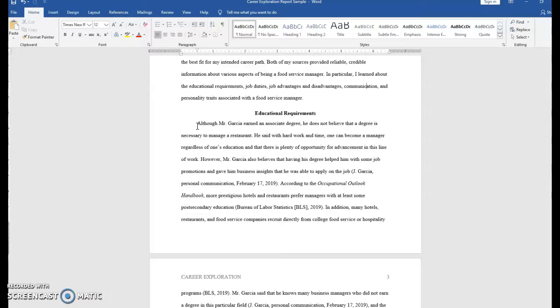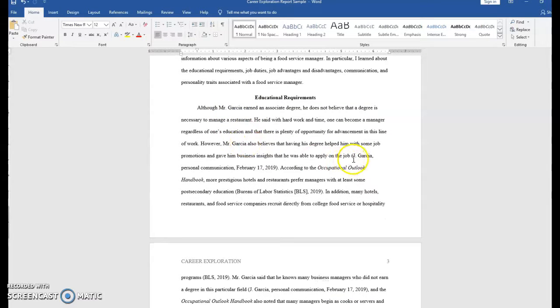Please make sure that you use information from both your interviewee and from the Occupational Outlook Handbook, and that you cite that information carefully. So here, when you mention your interviewee, you can do it that way. You can also do that with a parenthetical citation where you will list the interviewee's first initial and last name, comma, the words personal communication, comma, and then the full date of the interview,